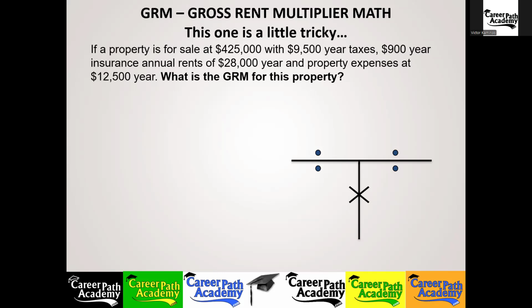The value of the property and the gross monthly income. So do you need to know any of these expenses? All these other numbers that they added into the question? No, it's extra info. So if you don't know what info is needed to calculate the GRM, you're just going to be tapping away trying to figure it out using all the numbers that they gave you in the exam question. When all you really need is the value of the property and the gross monthly income.